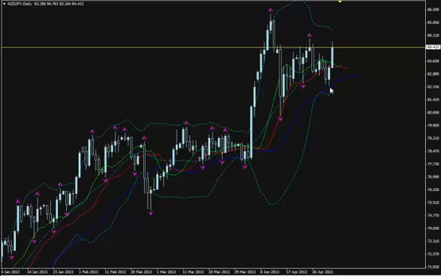Now we are expecting this candlestick to be labeled as a fractal. This will happen when markets open, and because it will be a fractal below the median Bollinger Band line, below the red line of alligator's teeth, and because our leading alligator is curved upwards, this fractal is a valid bullish reversal fractal. So we can enter long somewhere here when the market opens, and we can place our stop a few pips